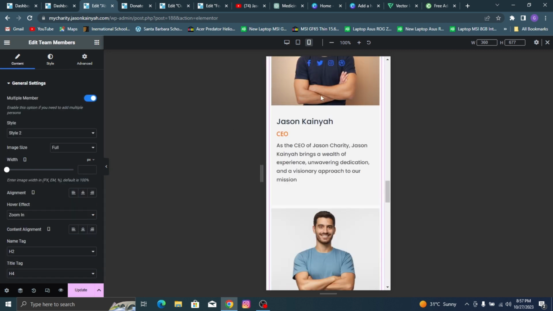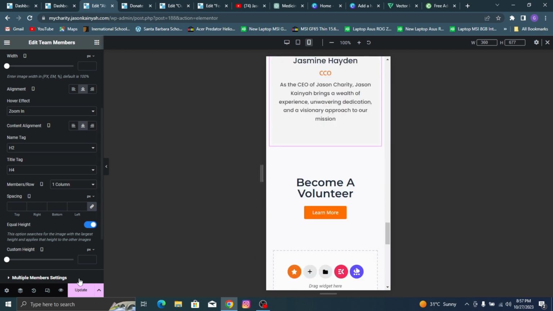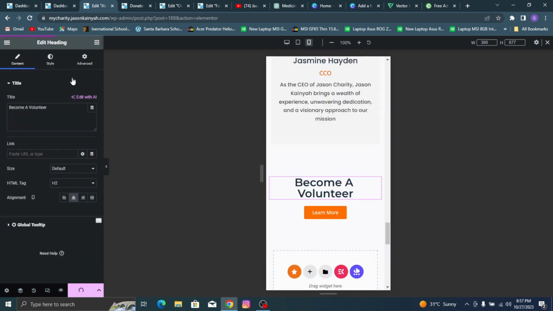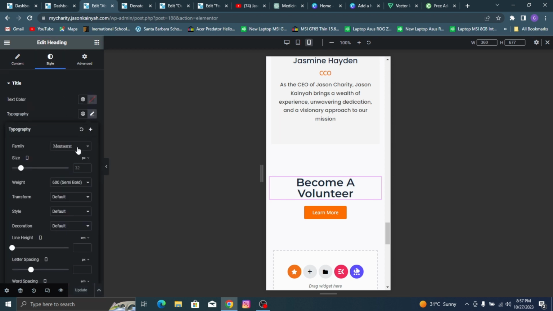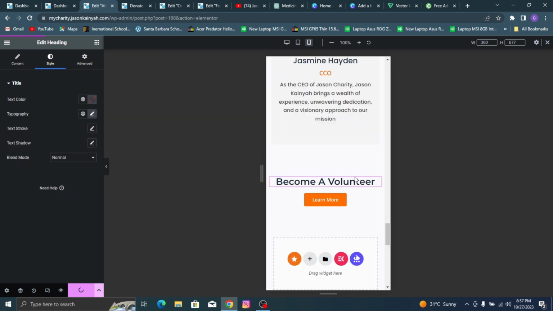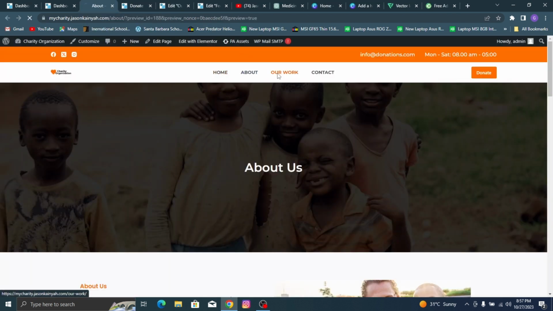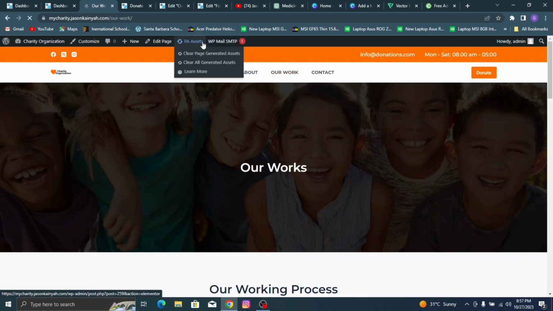and let's click on this. We'll center align everything, and center align the content as well, and then we'll just click update, click on this, go to style, typography, make the size 27, and click update, and we are done doing the mobile version for the about page. So now let's go over to the our works page. I'll just click on our work, click edit with Elementor,